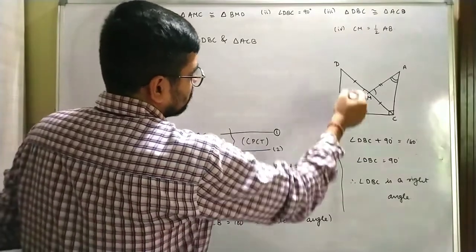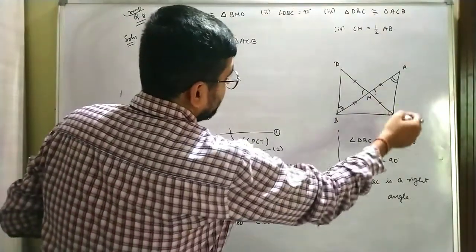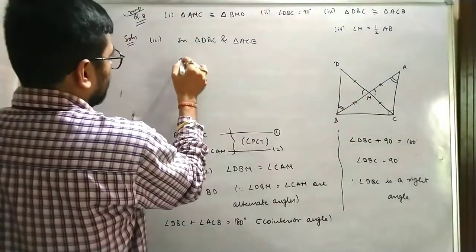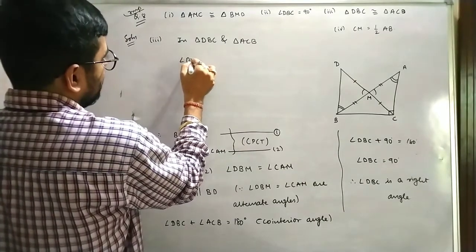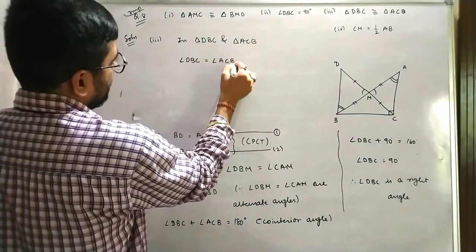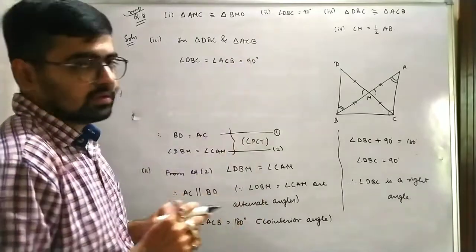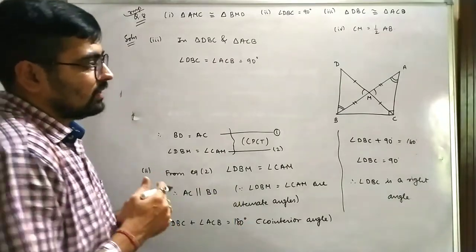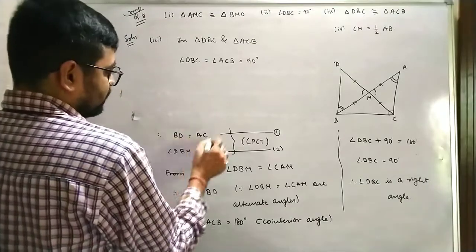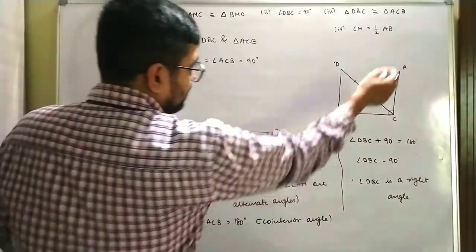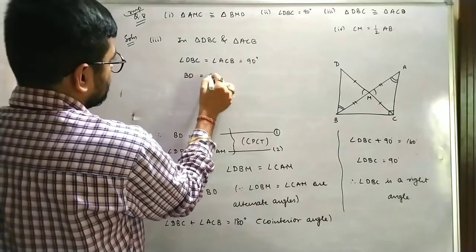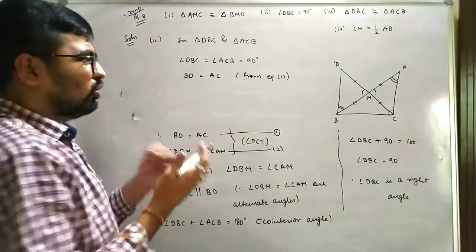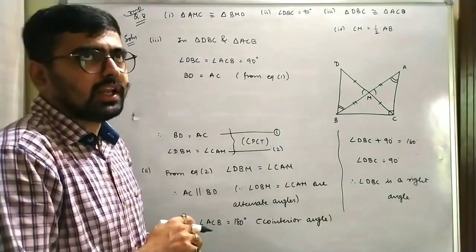So if I am talking about these two triangles, DBC and ACB, I know that we just proved this is 90, and that is also 90 available. So angle DBC is equal to angle ACB, both 90 degrees. Simple. Okay, we got one thing, we will see later if we get more. Another thing I know, from equation number 1, is that BD and AC are equal, so BD is equal to AC. But two things alone will not satisfy our congruence criteria.